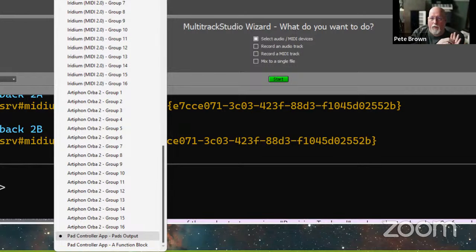Said pad controller app. Okay. What are your functions? I said, well, I have two functions. I have this pads output and I have this other one that I have as a test just called a function block. And those were defined in the code that you use to create this pad controller application. We've provided properties and functions that say, add a function block, set my name, do these types of things. And then we handle responding to those requests for you so that when you've set these properties and the